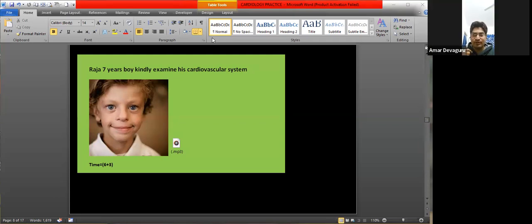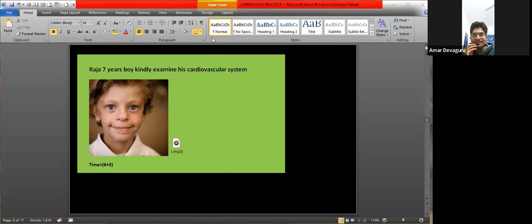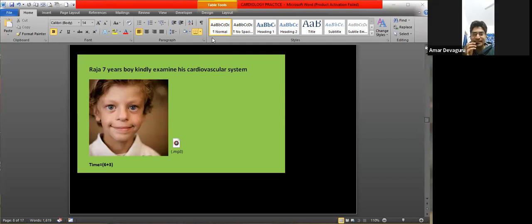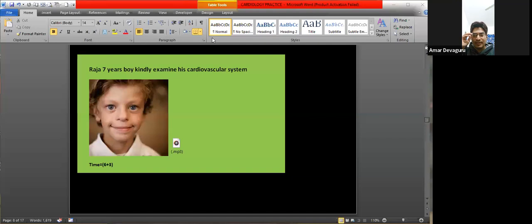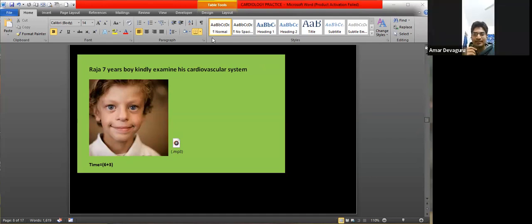So next, I would like to first look at his hands. I will ask him to stretch the hands and see if there is any koilonychia or leukonychia. No, no such finding is there. Any splinter hemorrhages? No. I will ask him to turn over the hand and see if there are any Janeway lesions or Osler's nodes. No, negative. Any palmar erythema? No. Any signs of peripheral cyanosis? No. Okay. Next, in a very friendly manner, I would like to check for clubbing. I will ask him to turn his fingers up. No clubbing.